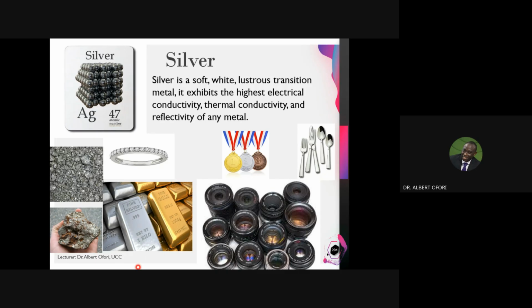Okay, so as I mentioned, you can just guess. Next to gold, after gold, it is a very expensive metal, but it also has electrical and thermal conductivity properties as well. It also has optical properties. And so silver bromide, for example, is used in lenses. Now, I think because of digital cameras, we don't normally use this, but silver bromide was used in this lens